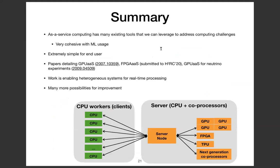Okay, so that was a pretty quick introduction, but I hope I've shown you that the as a service computing model has a lot of existing tools, and a lot of tools that we're developing that we can use to actually address computing challenges and issues. And these are really cohesive with ML usage, and they're very simple for the end compute user. I linked a couple papers here that we've written, or at least submitted to an upcoming conference, if you're interested in more details on these results. And I think the main point that we'd like to stress here is that this work is fairly generic. Obviously the tests we've run are specific, but the work itself is capable of enabling generically heterogeneous systems